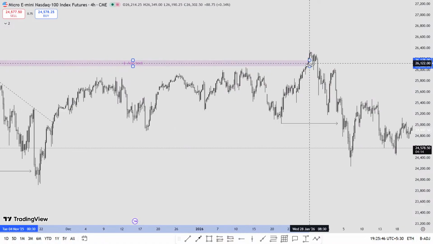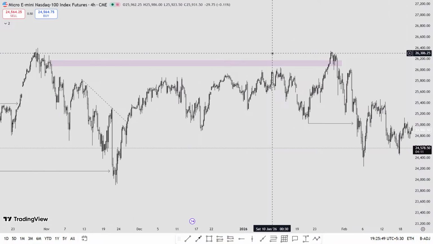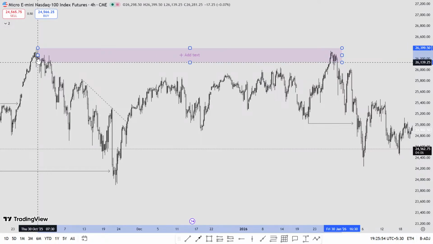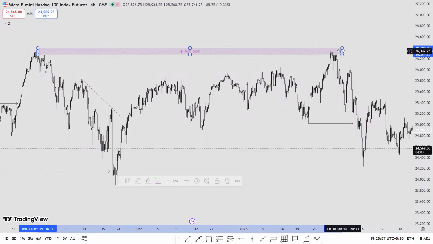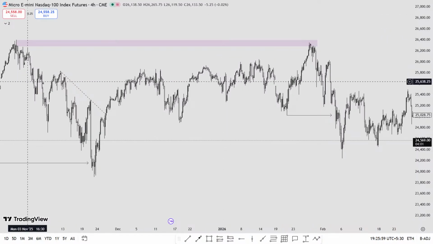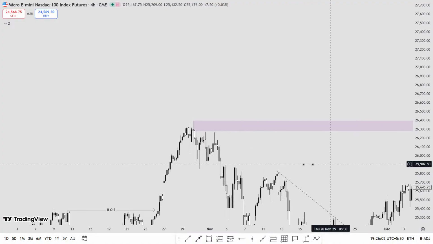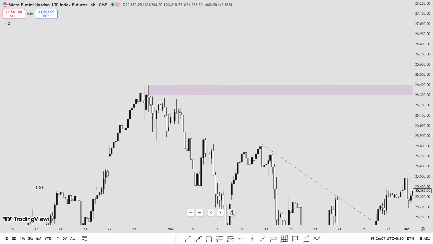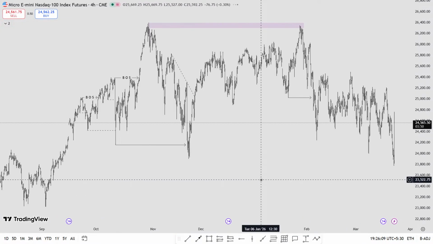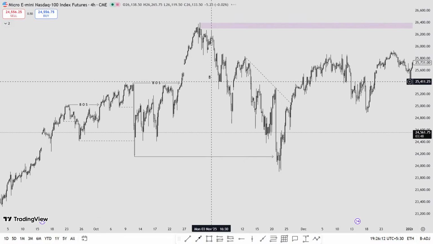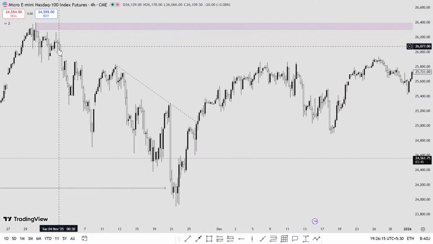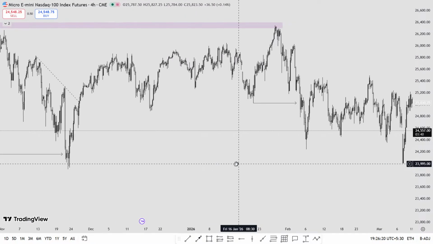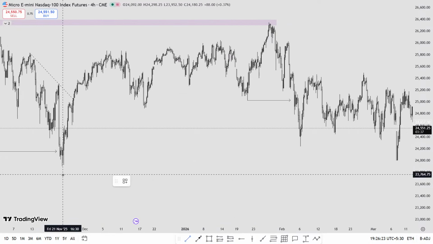This was an interesting area, but market went down from this unmitigated wick. It worked at the extreme PI. As you can see, yeah, it is unmitigated. So it works at a PI. Don't know why exactly, because majorly sometimes market goes down from these PIs. But still, market went down, and right now what market did is